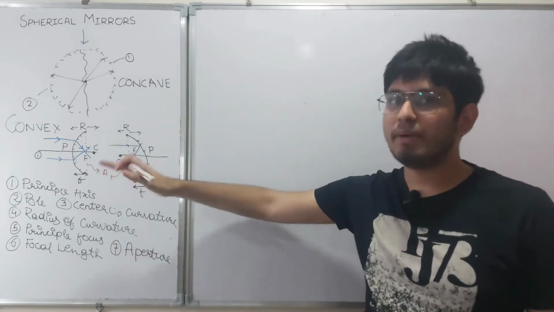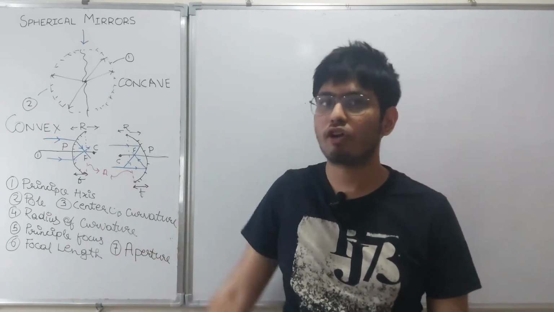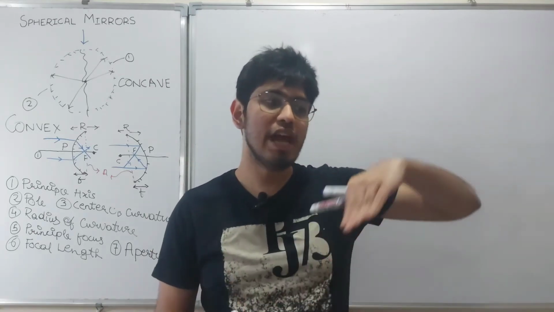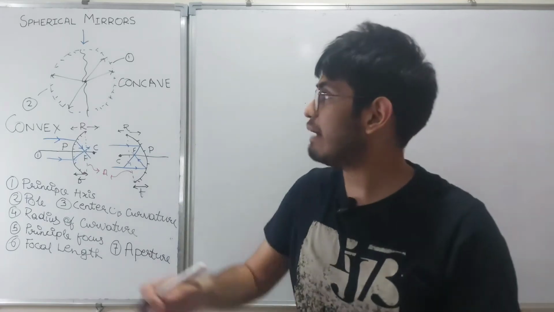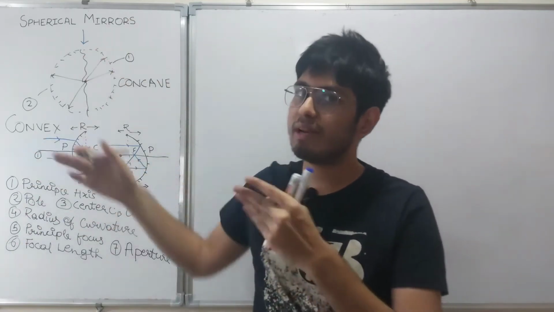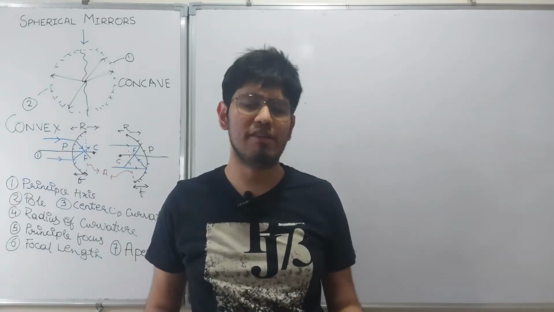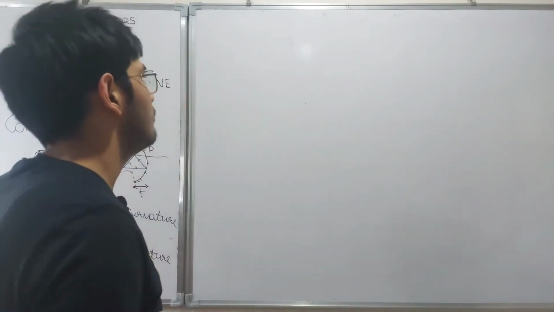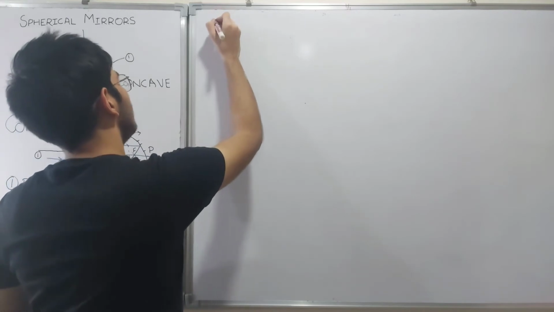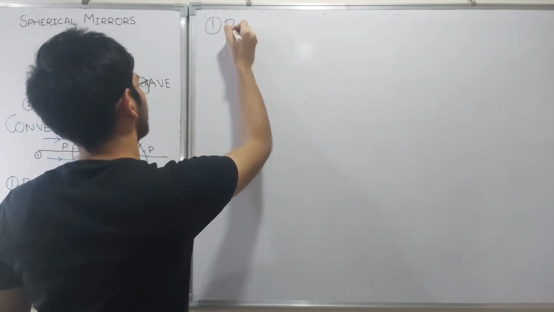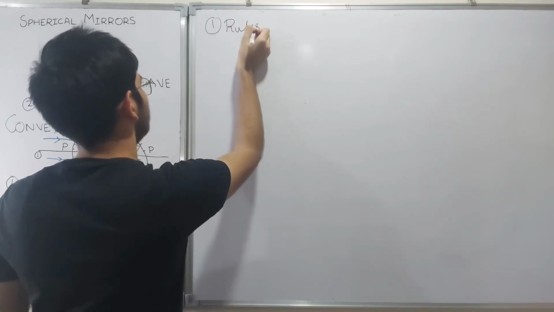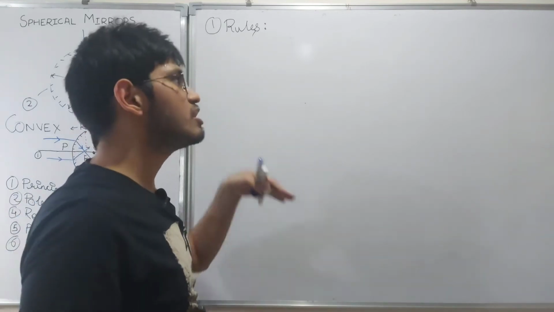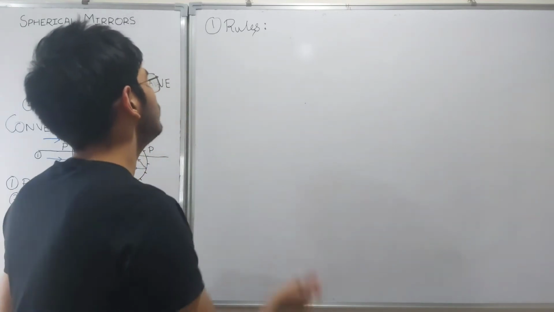So these are the basic terminologies that we have learned for the case of a spherical mirror. Now, what is the main motto of this lecture? We have to learn how to draw the ray diagrams for any of the mirrors, may it be a convex mirror or may it be a concave mirror. So there is a proper procedure of how we can draw a ray diagram. First we have to learn about the rules for drawing the ray diagram. The rules, or you can say certain statements, by using which we can easily draw the ray diagram. So the first statement